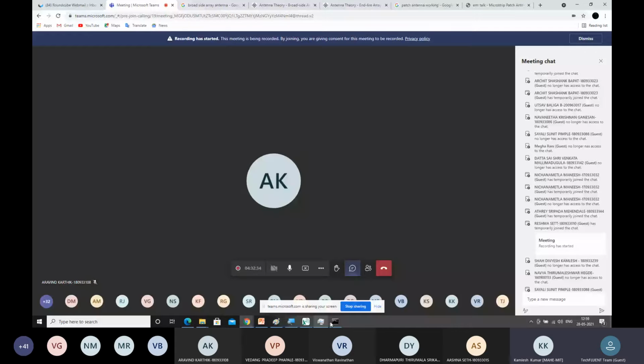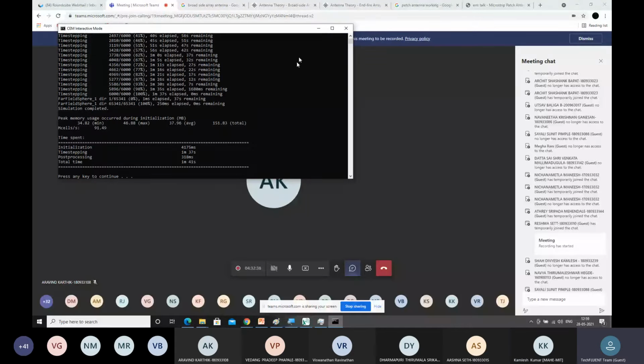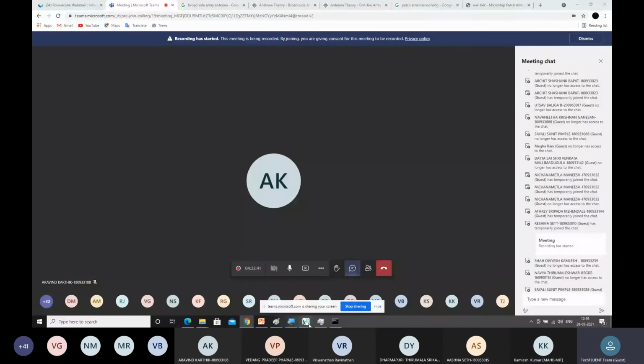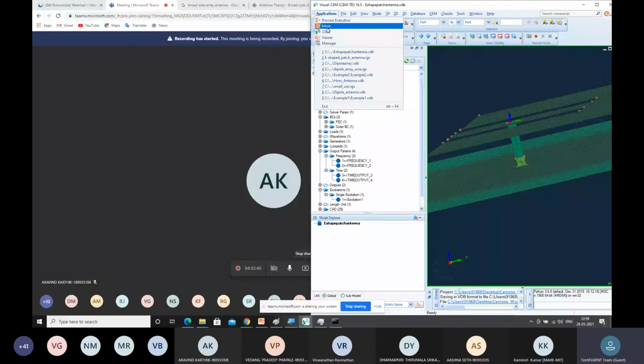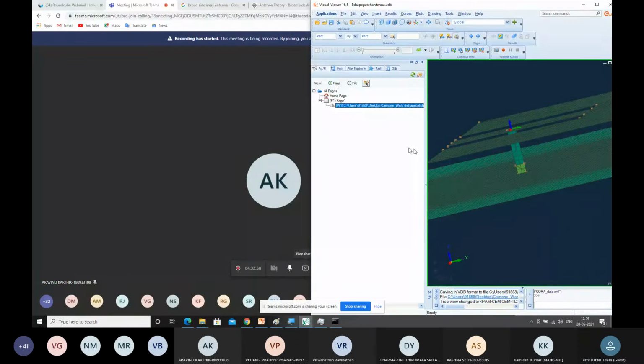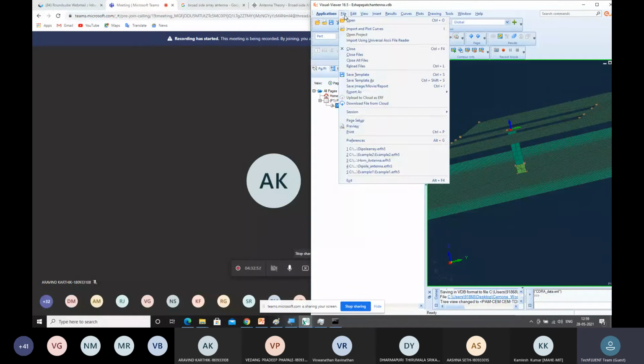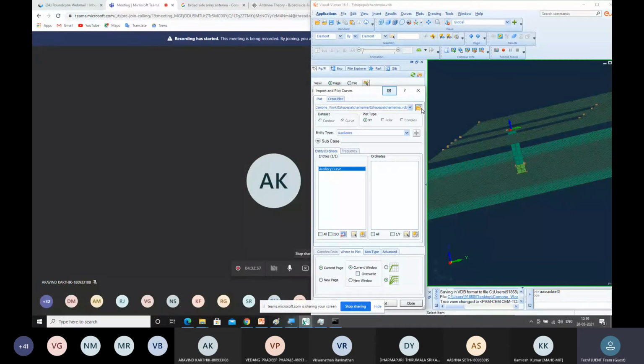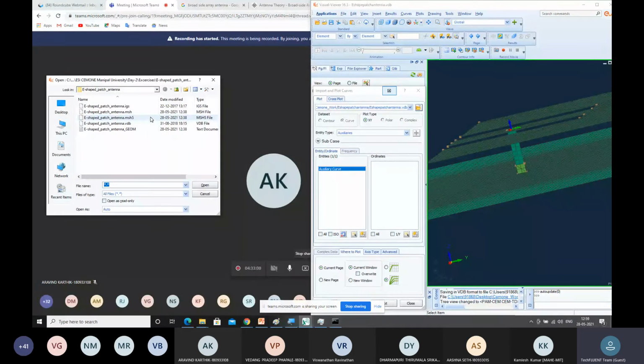So it's already done. We are done with the simulation results. Now let us check out the results part. If you go for viewer, and go for file import and plot curves, here we may have two different files. Instead of ERFH5, here it is MSH5. For frequency domain, whatever results you are getting, it's an ERFH5 file. For time domain, whatever results you're getting, it is an MSH5 file.